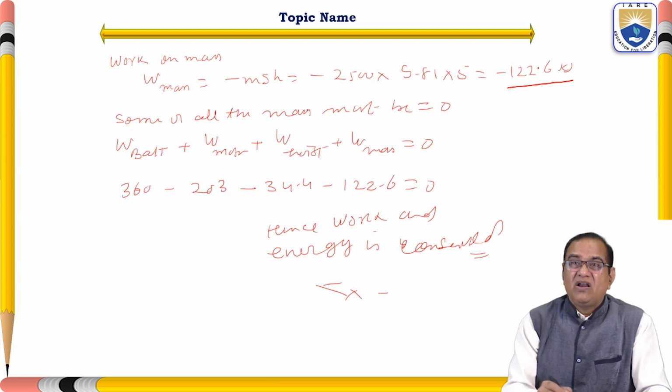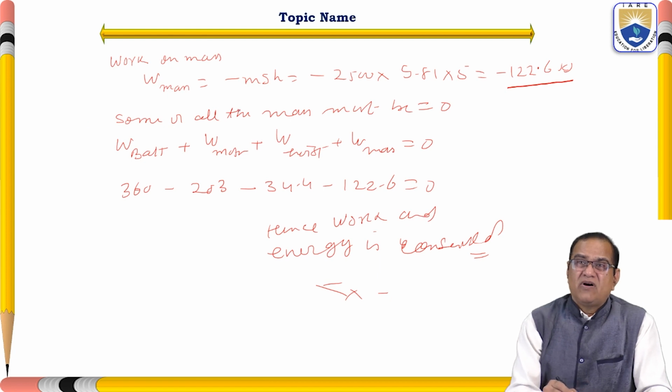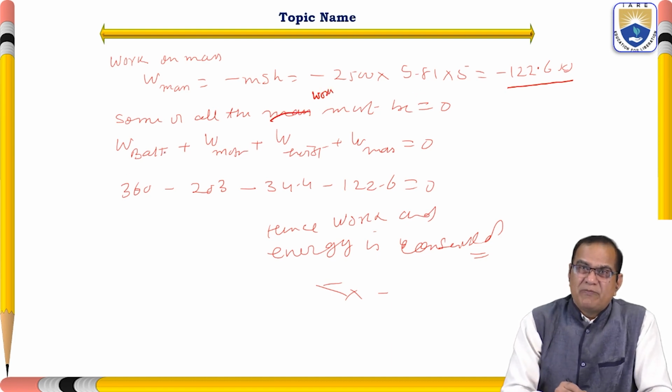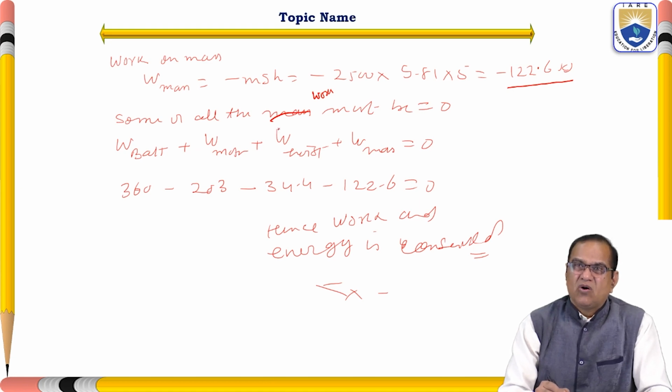Sum of all the mass, sum of all the mass work must be 0. So work of battery plus work of motor plus work of hoist plus work of mast should